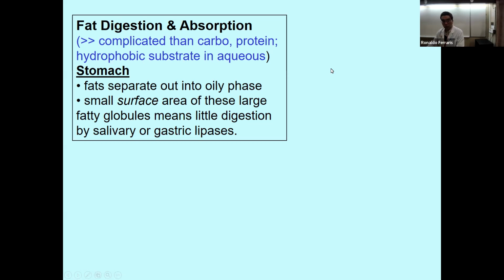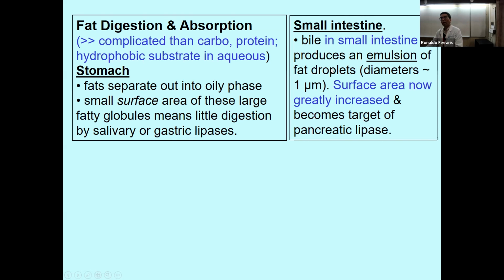So there, relative to the volume, there's a small surface area of these large fatty globules. And these large fatty globules are eventually emptied into the duodenum. And in the small intestine, where the duodenum is the most proximal region, the bile from the liver that is released into the small intestine actually emulsifies the fat globules. So now the surface area to volume ratio is markedly increased, and now the pancreatic lipase can do its work